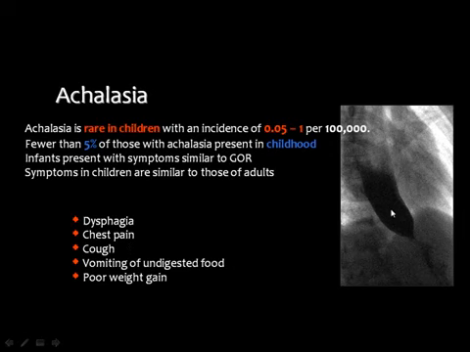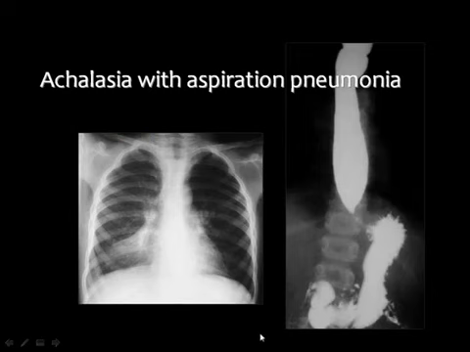Here you can see the esophagus, which is dilated, tapering into a very narrow segment, which is the aganglionic segment in the distal part of the esophagus. And this patient with achalasia of the cardia, smooth distal narrowing of the esophagus with considerable proximal dilatation. And you all know that these patients usually develop recurrent form of aspiration pneumonia, as you can see in this